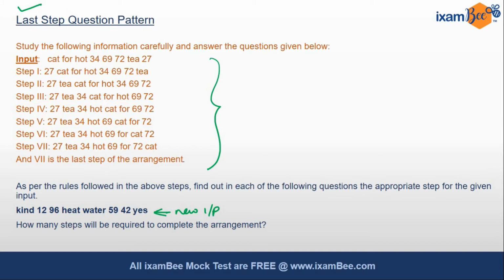So the first question you have to ask: what is the final output? So here is the final output. The second question you have to ask: how did the final output come? As in, we have to understand what happened and how it happened. So we'll try to understand this concept. Let's talk about what happened in the last step.